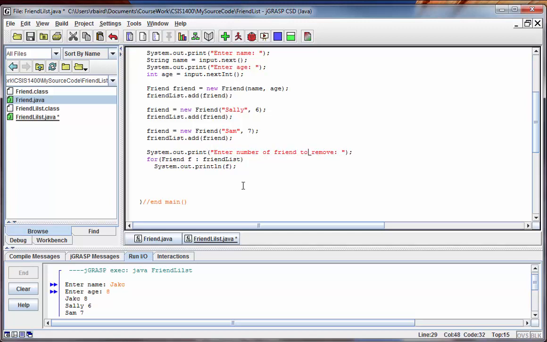Okay, now if I want to enter the number of a friend to remove, I have to associate each friend with a number. Well, friends are already associated with a number because in an array list, just like in an array, every element in the list is associated with an index beginning with 0. So I'm going to say int i, or index, equals, and I'm going to start at 1. I'll show you why in just a second. And then right down here,